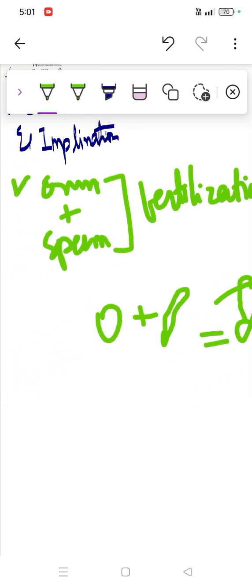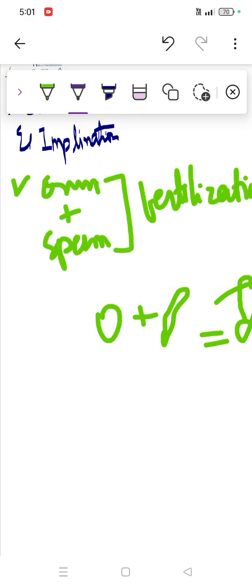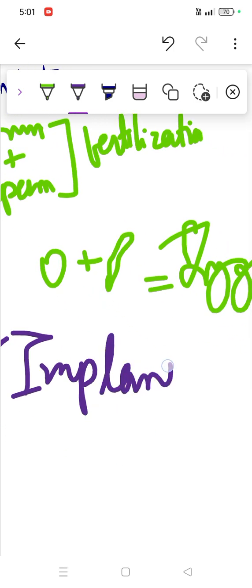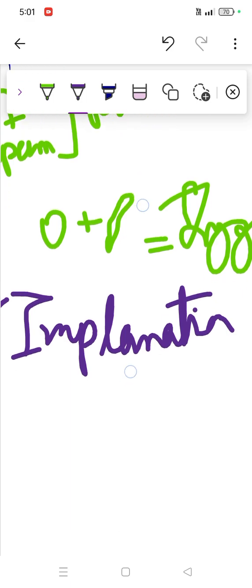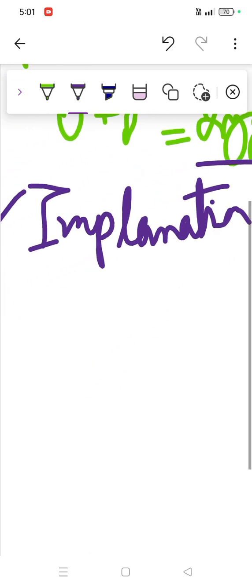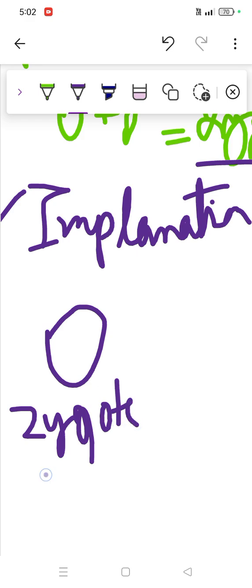Then comes our main part which we are going to discuss today. It is about implantation. So implantation is what, we'll start from the very basic. You just need to understand zygote has been formed, what will happen from the zygote to the implantation process. So let's see, here comes the zygote, 2n,